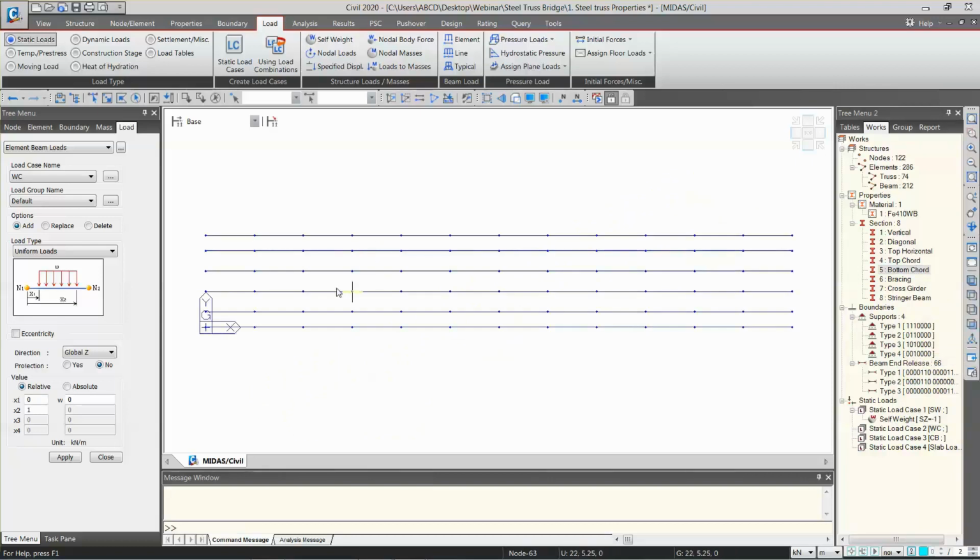Okay, now if you want to see the distance between them, I'll just click on query nodes. Then the distance between these two is 2.25, and in between this is 3, 3 and 3. And if you see this one, this is 2.25, and if you minus the 0.5 meter of the crash barrier, it is 1.75.